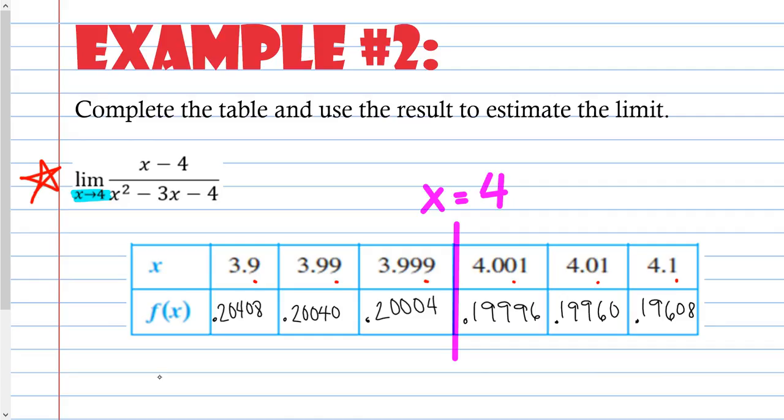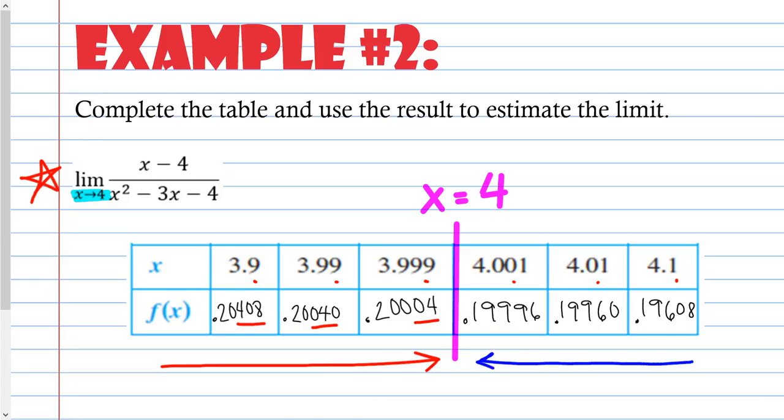So from the left, as I come this way, what is happening to my numbers? The first two are all the same, and this is a decimal, obviously. So 408, 40, and 4. They're decreasing. But the numbers appear to be getting closer and closer to 0.200. Okay, so from the right side,